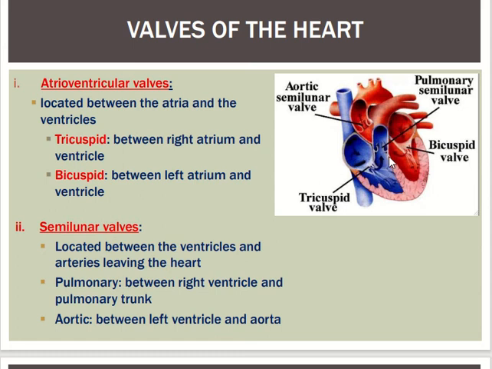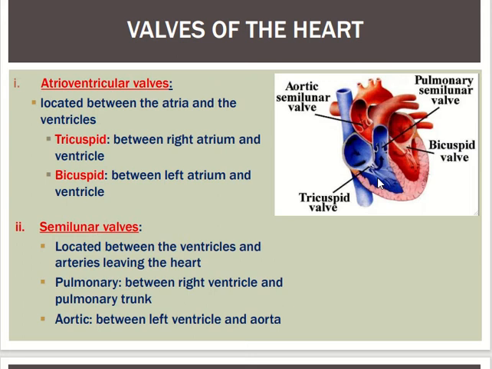The first one is tricuspid. Tricuspid valve is between the right atrium and right ventricle. Meanwhile, bicuspid valve is the valve between the left atrium and also the left ventricle. Meanwhile, semilunar valve is located between the left and the right ventricle,